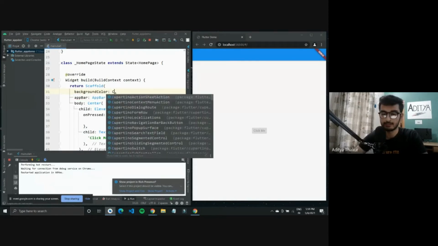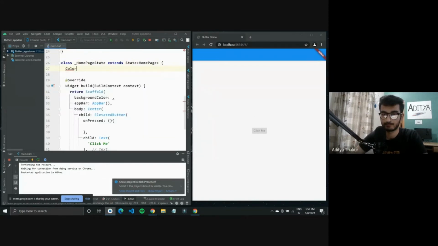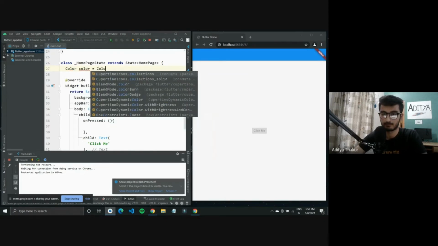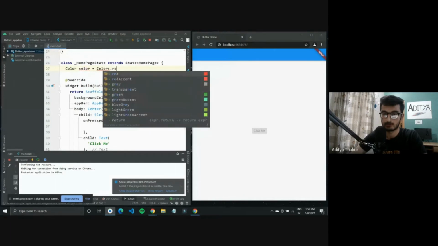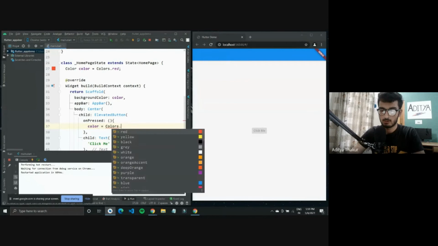I'll have to try it once. I can, inside this homepage state, create a color equal to Colors.red. Now I can use this color here. Okay. And what I can do is when this button is pressed, I can change this to Colors.green.